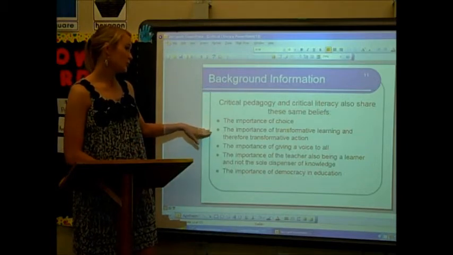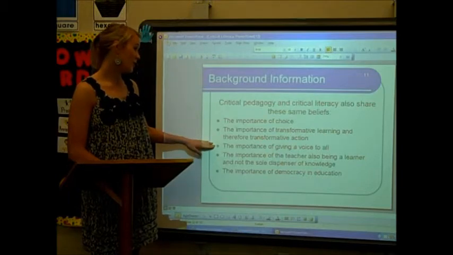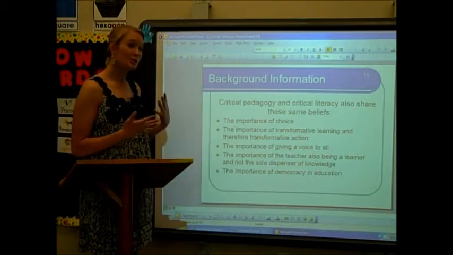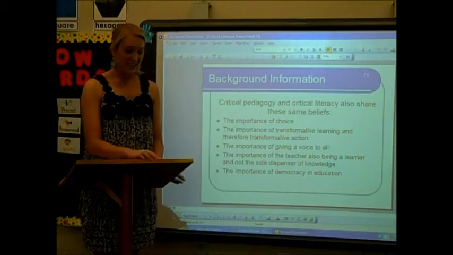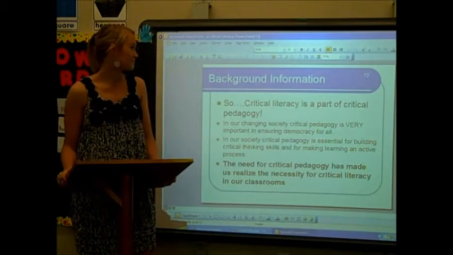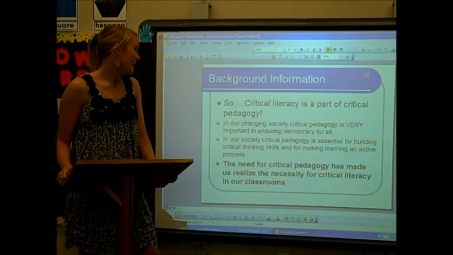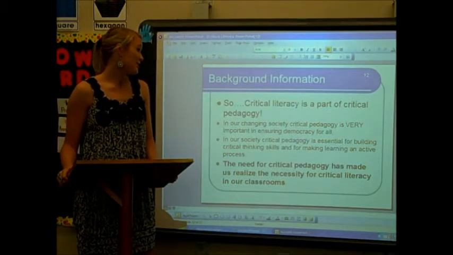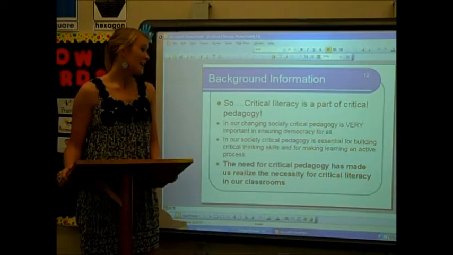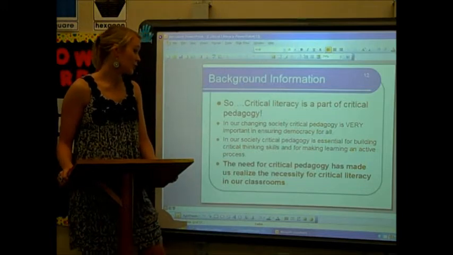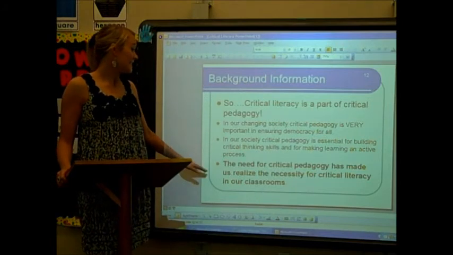The importance of transformative learning and therefore transformative action. The importance of giving a voice to all. The importance of the teacher also being a learner and not the sole dispenser of knowledge. And the importance of democracy in education. So, critical literacy is a part of critical pedagogy. In our changing society, critical pedagogy is very important in ensuring democracy and equality for all. In our society, critical pedagogy is essential for building critical thinking skills and for making learning an active process. The need for critical pedagogy